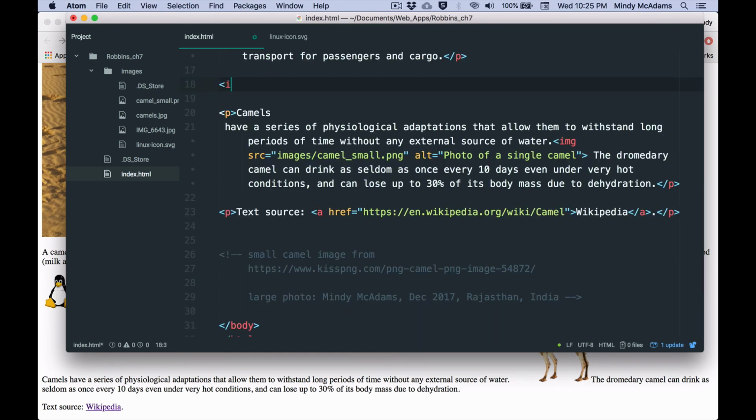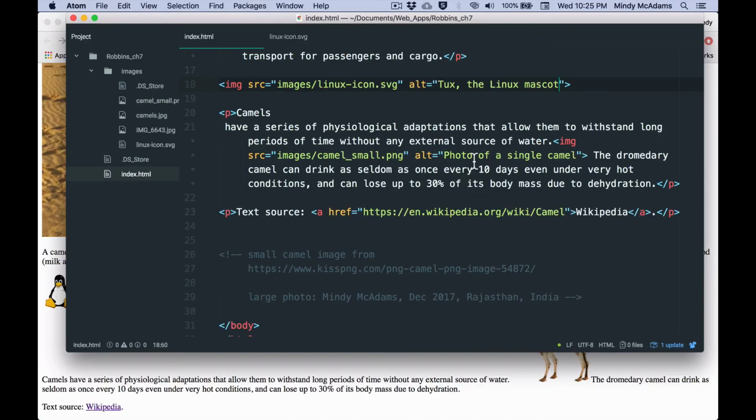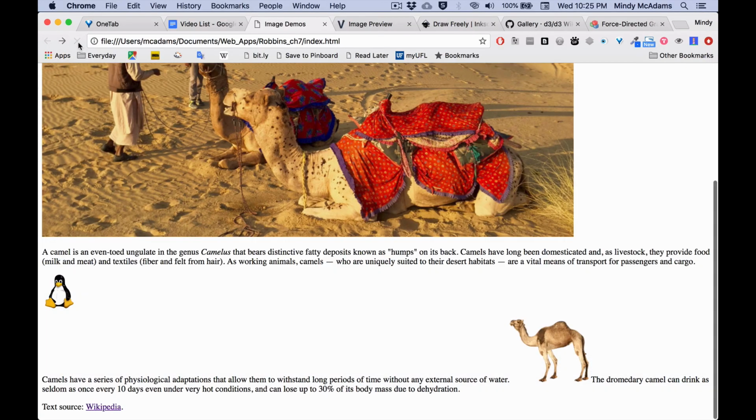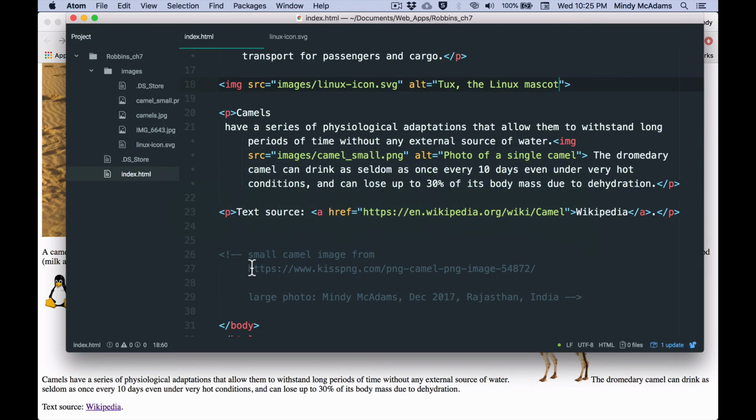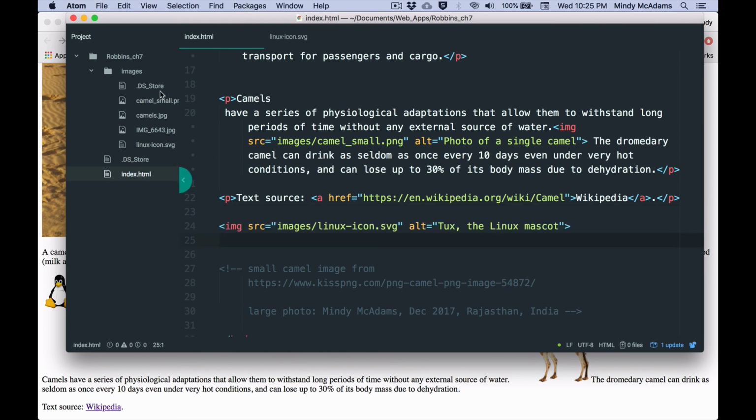We will type a normal image tag with SRC and ALT. And in here, we will give the path to the SVG file. And ALT. And it's probably going to look, yep, exactly the same, just to show that that was not a trick. I will put it down here below, save,